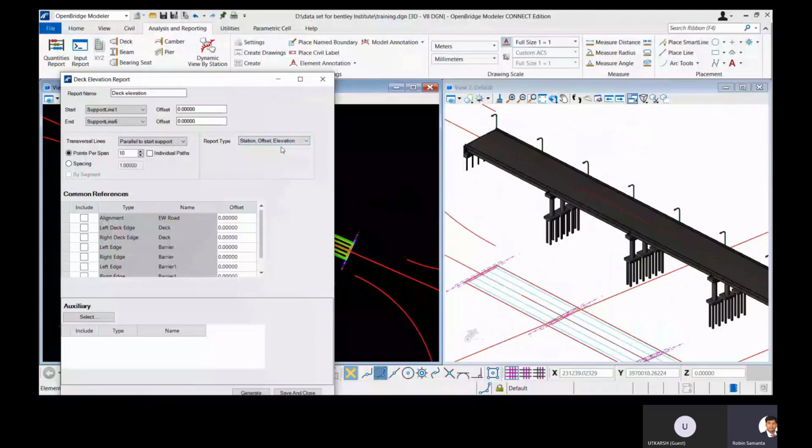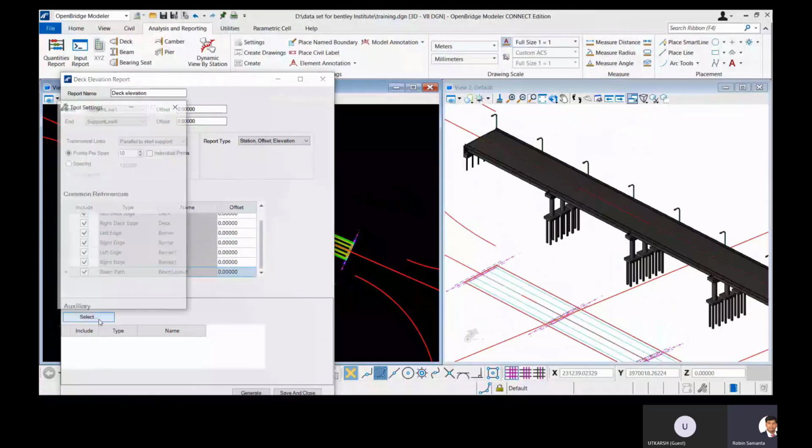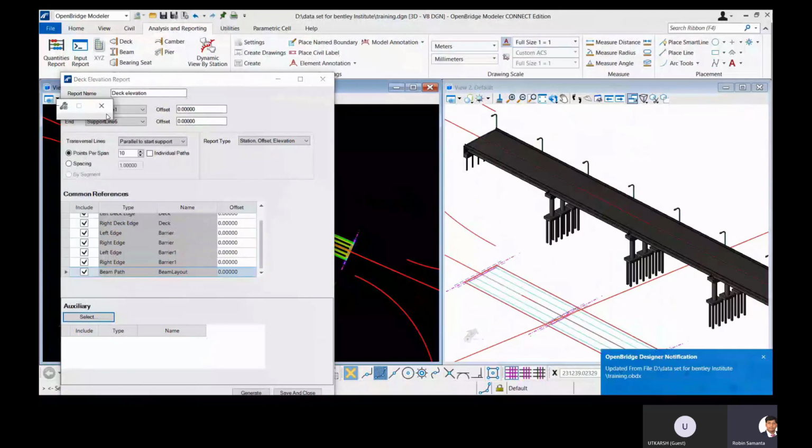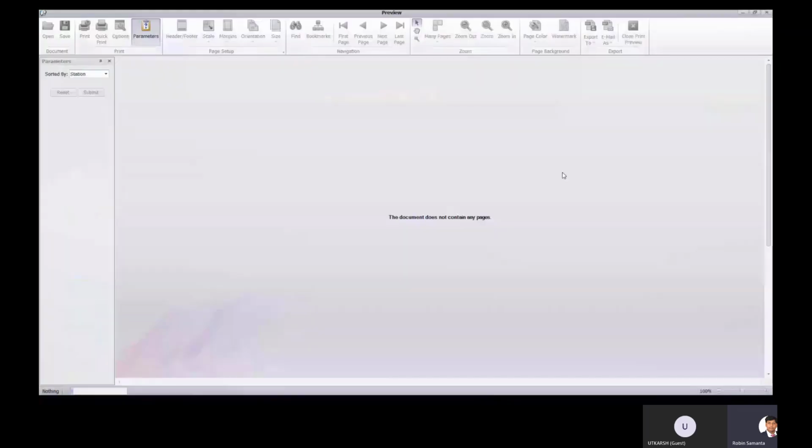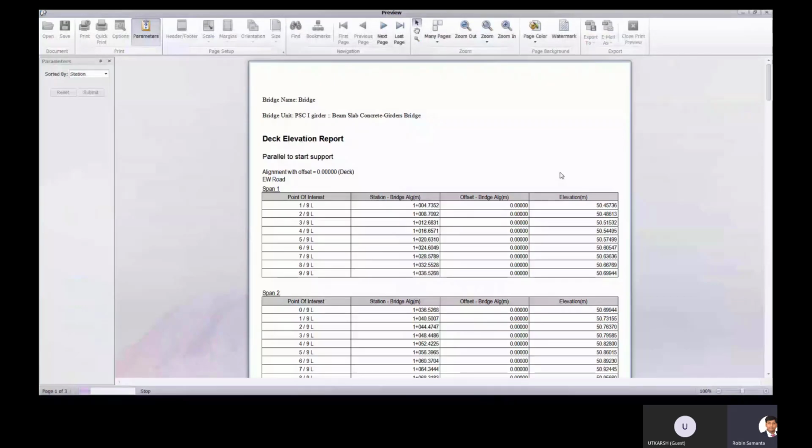And then what are the things you want to input in that report? You select it from common references, right? The alignment, left deck eccentricity, right deck eccentricity. As all those are the same for our bridge, it would not create any problem. But actually, all those things are available here. This will help you to send this report to the contractor, and it would be a great help for them for setting up. And you can create this deck elevations report as well during the construction. This is very much helpful.